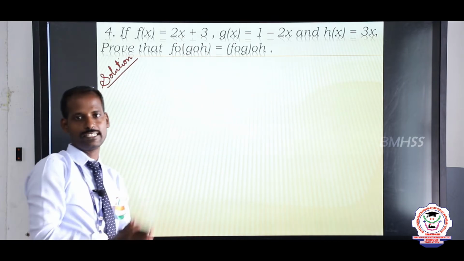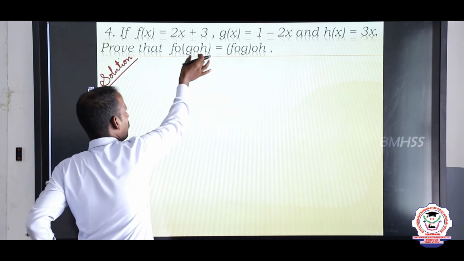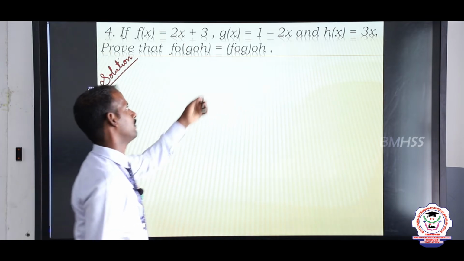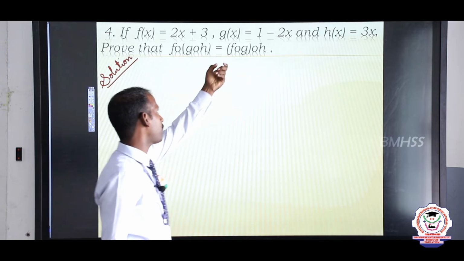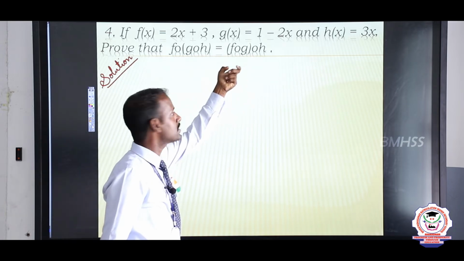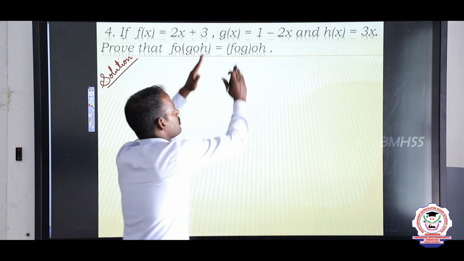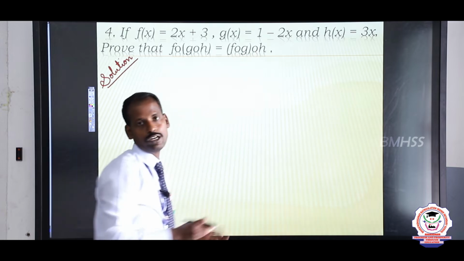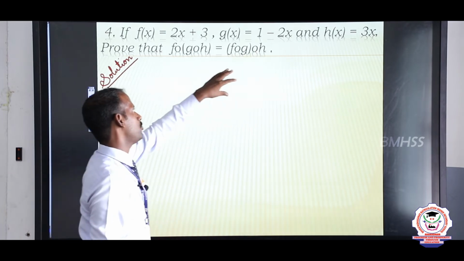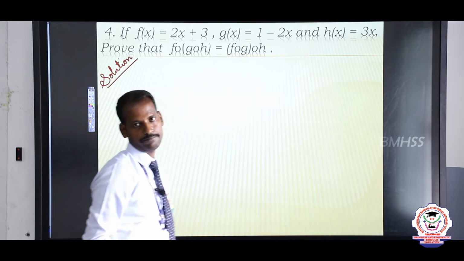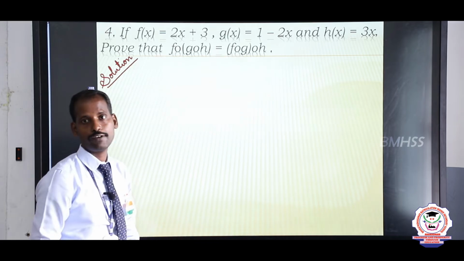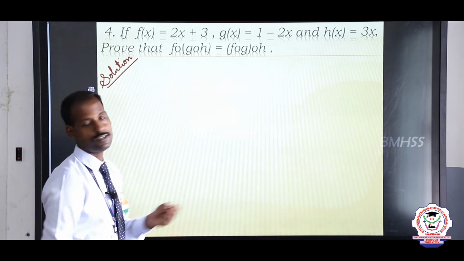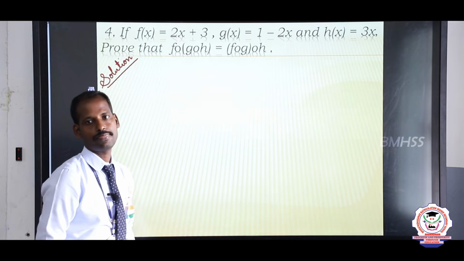So that is g naught h. You have to simplify g naught h and then substitute in the function f of x. That is the LHS part. Then for the RHS part you have to simplify the bracket part, that is f naught g. So you have to simplify f naught g and then substitute in h. What is the function? f naught g. That is the RHS part. So first I will explain the LHS part. What is the LHS part? f naught g naught h, that is the function.